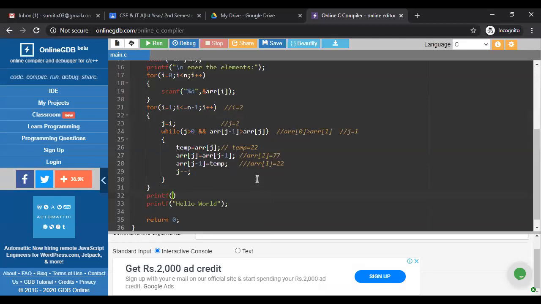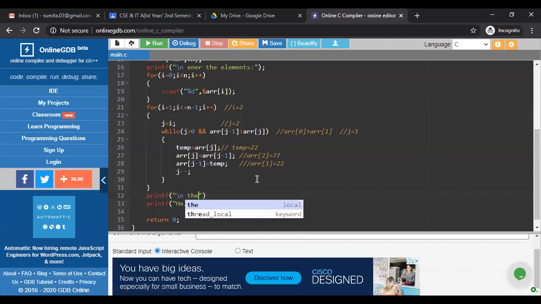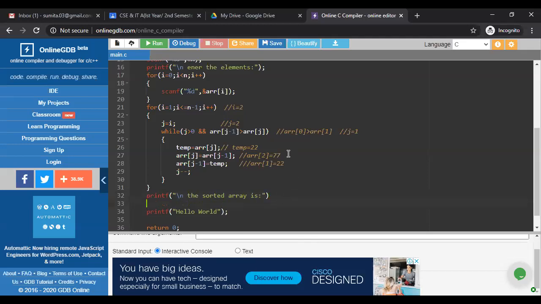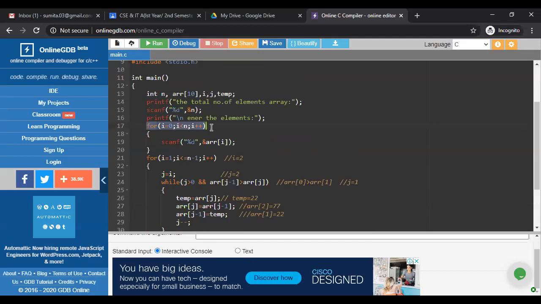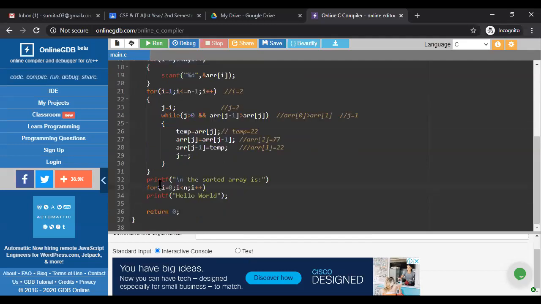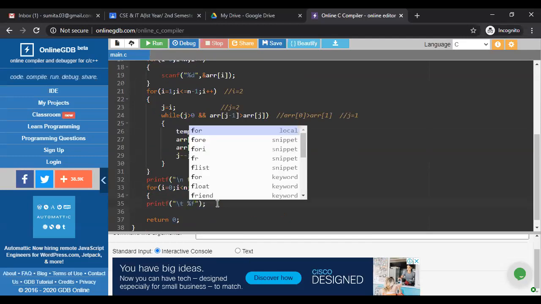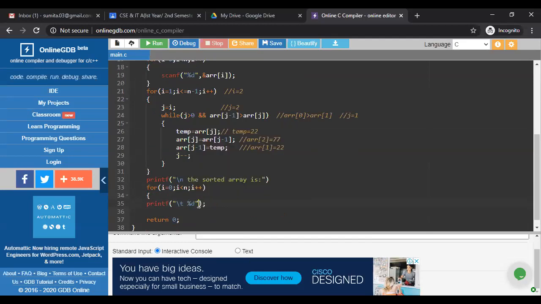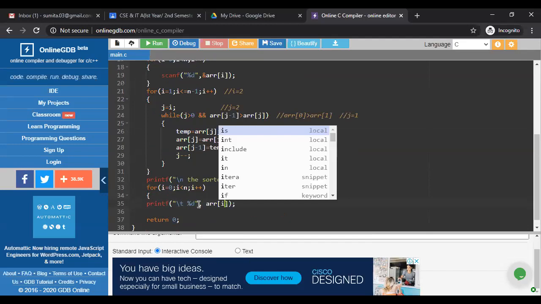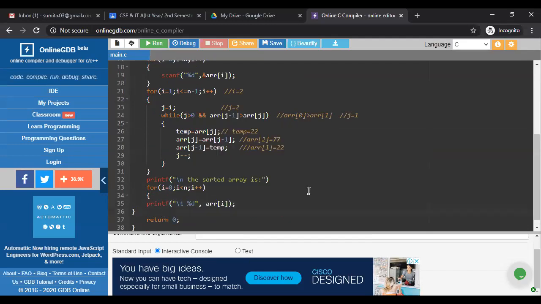After that, we just print the sorted array. So the sorted array is, simply I copy that one and printf. Okay, so I'm just running this one.